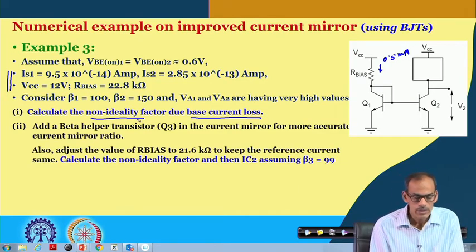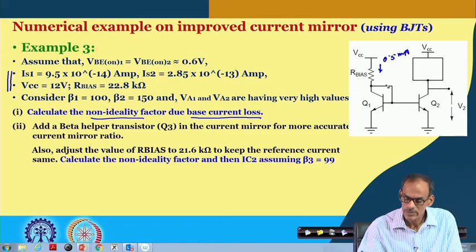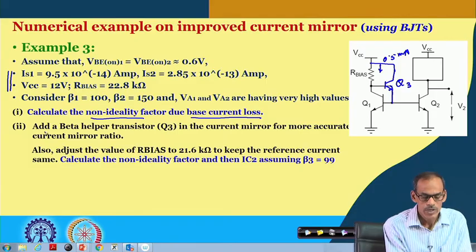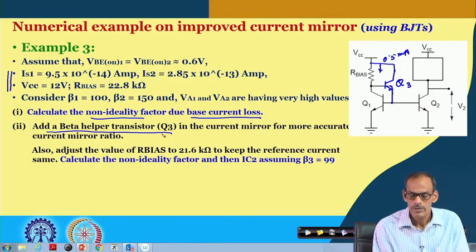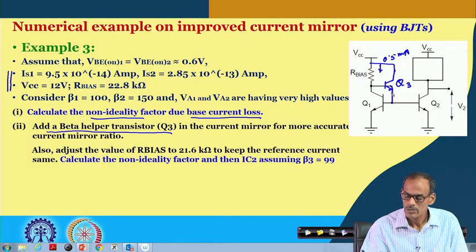Now, we can improvise the circuit by using a beta helper here. Let us call this transistor 3. We are adding this beta helper, and its beta is 99,